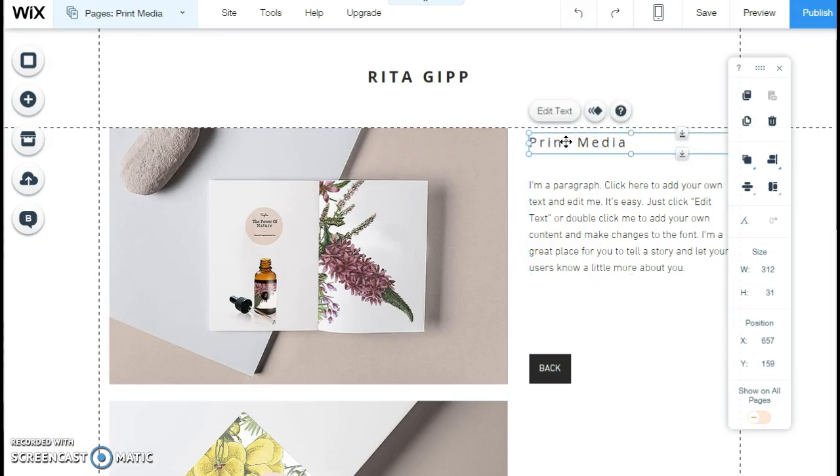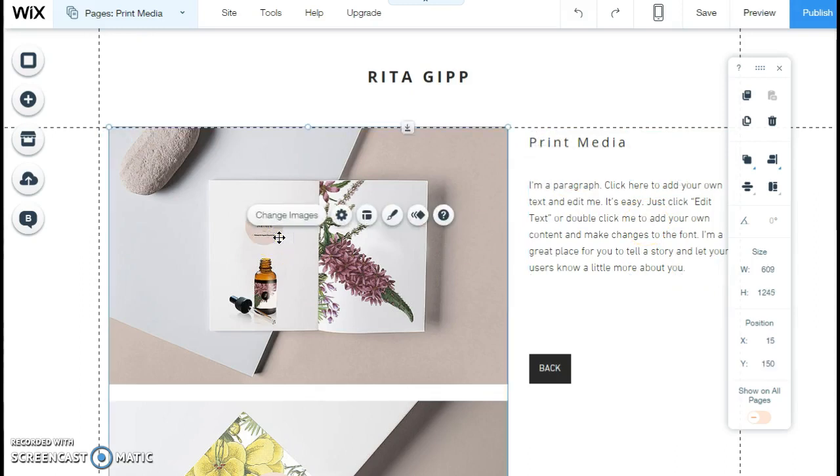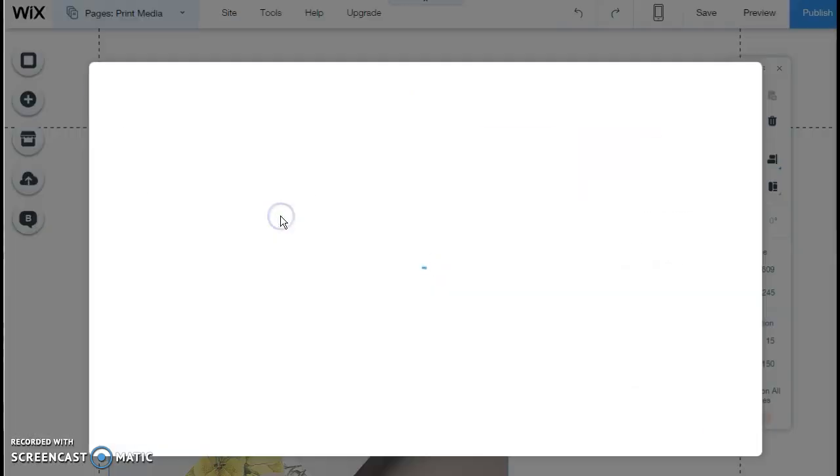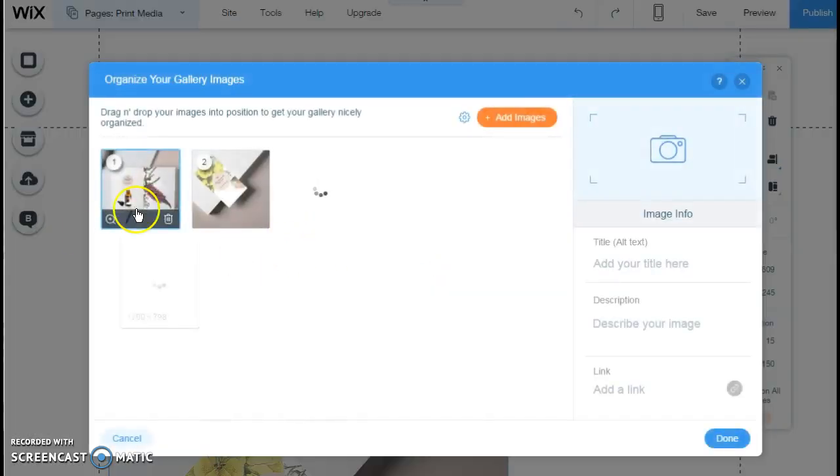This title said something like linking page number 1, and I just changed it to match the content. So print media, and then here's a paragraph I need to change yet. Here are images. So how do I add my own images? Well, I can click on change image or images, and these are not mine, so I need to add a